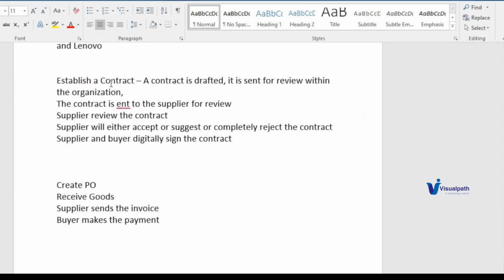So then we have the contract established. Let's say we have the contract established for 100 laptops. Now the company is not going to need the 100 laptops in a single go, right? So they will require them, let's say, in intervals of 10. Let's say every month they require 10 laptops. So what the buying company does is they first create a PR,